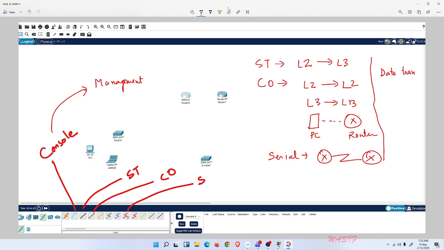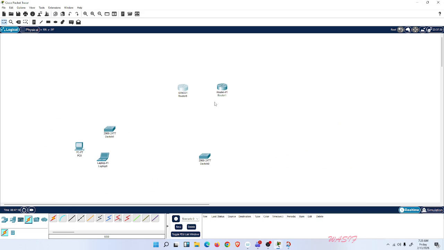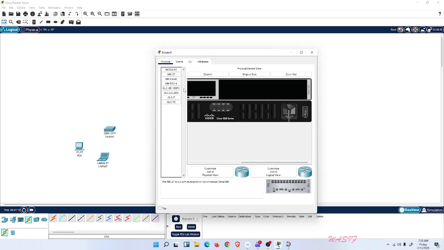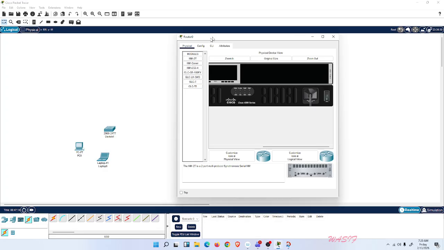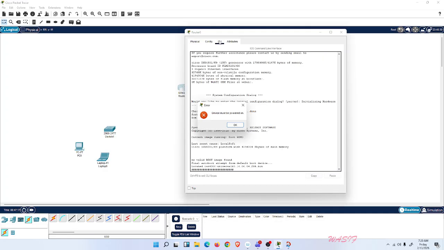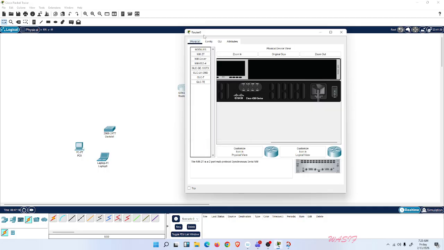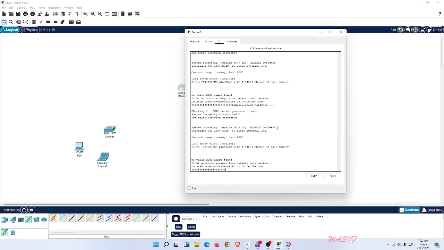For example, if you ask me, Wasif, I'm very confused, they are both cables, right? And we do transfer data. Yes. Let me show you an example. In order to configure this router, if I click here and come to the CLI, the device must be powered on. So I powered off the device. Now it is powered on. You see the green light here. If I come to the CLI,